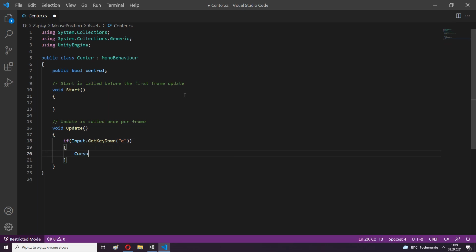We can use a trick with lock cursor and unlock it after 1 FPS to reset its position.